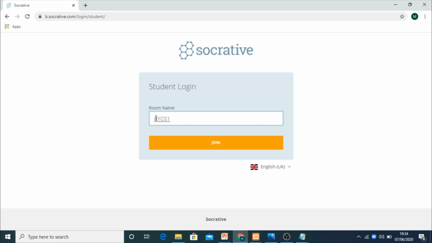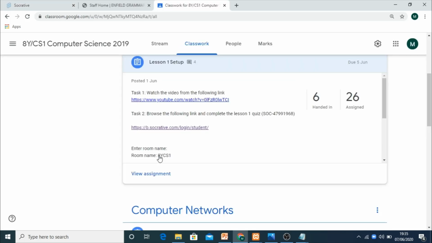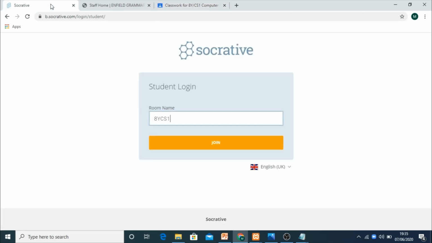This classroom you will find in Google Classroom. For example, if you are my year 8 YCS1 student, you can find your room name here, which says 8 YCS1. If I go here now and enter 8 YCS1 and click on join,